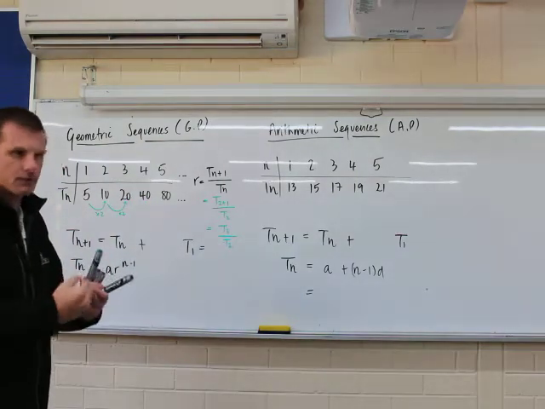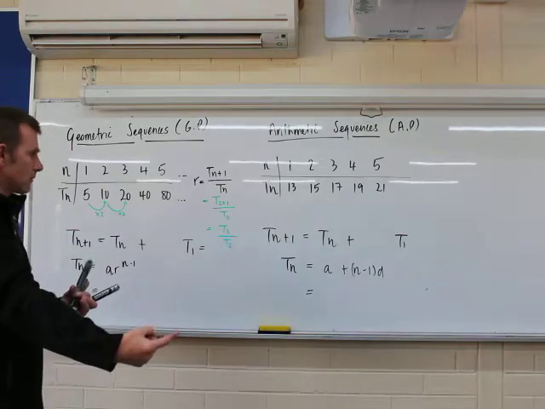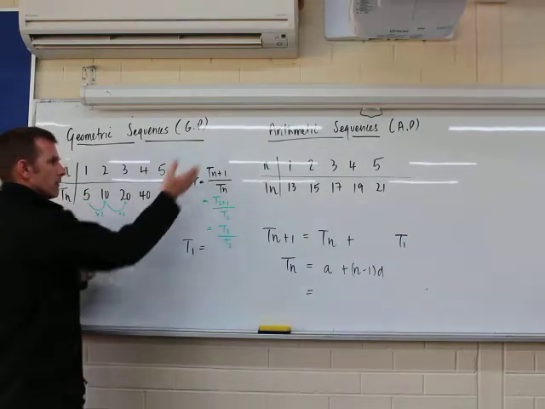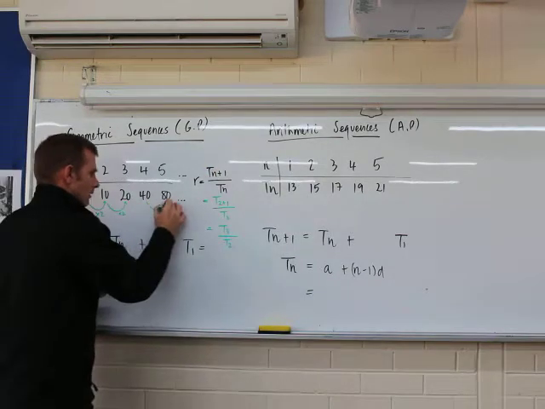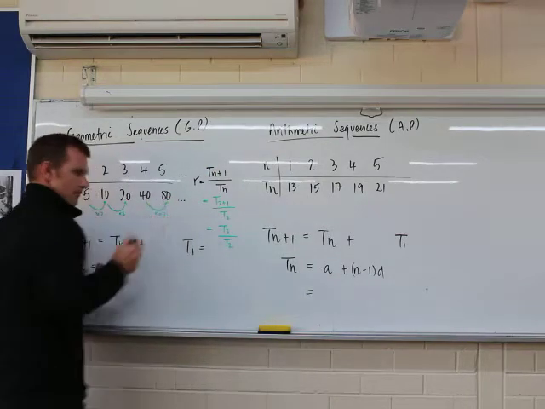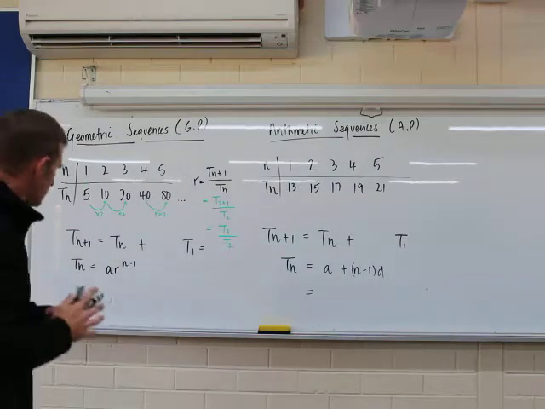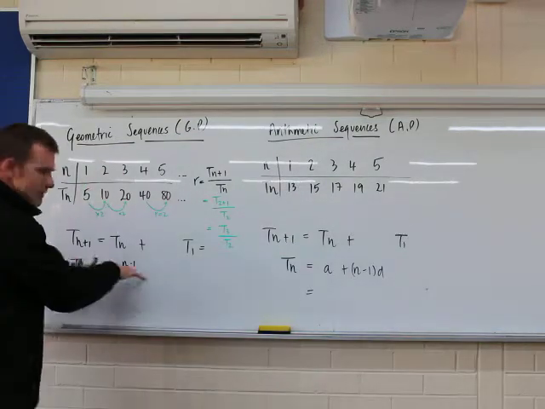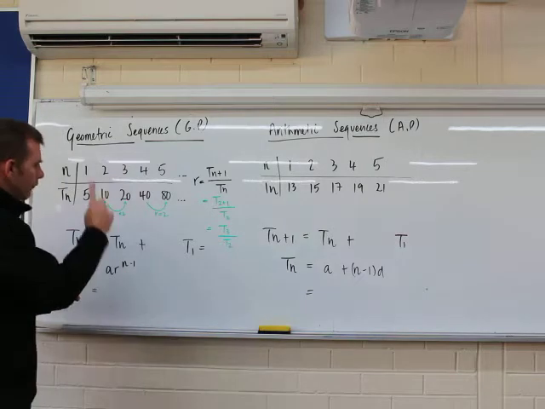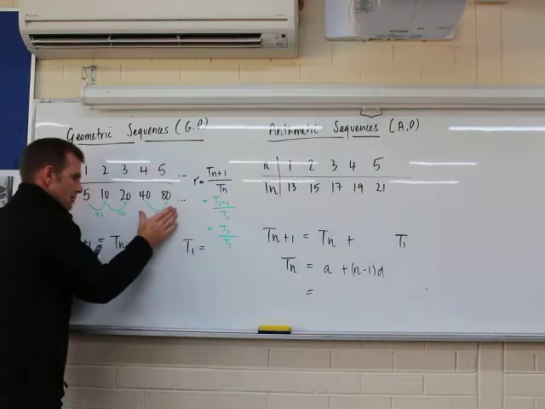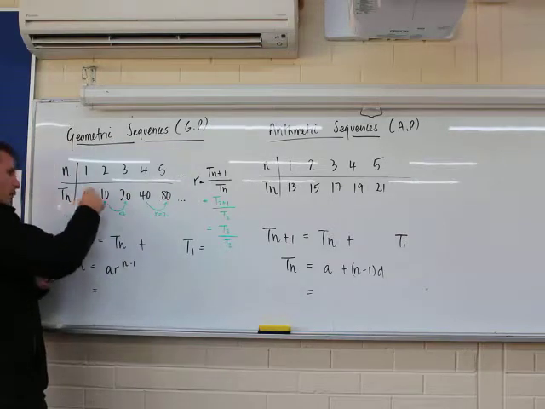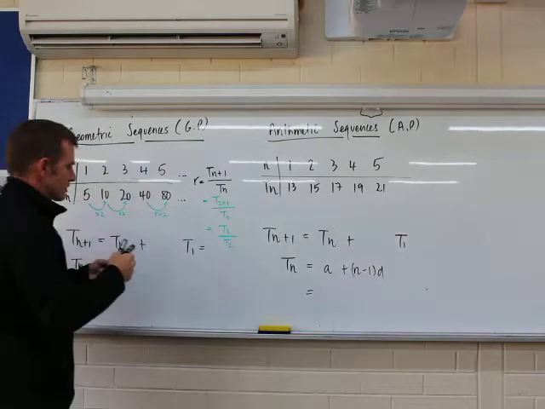It's the thing that I need to do to get to the next term. How do I work that out when I'm not given it? This little formula will do that for us. Okay? So this here, R is equal to 2, a common ratio. Why do we need to know that? Well, we need to know that down here. But we also need to know one other piece of information from sequences generally. We've got our ratio, we also have the first term. So we actually call T1,